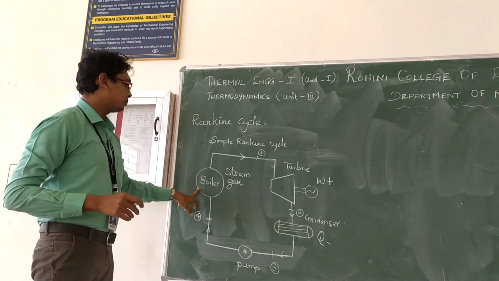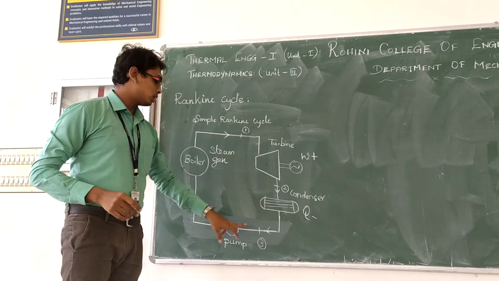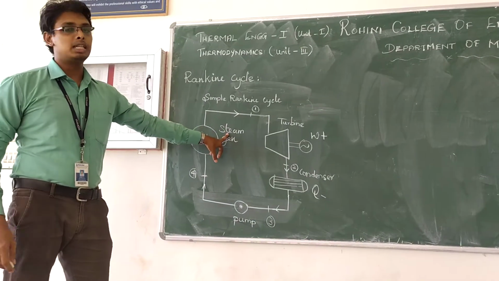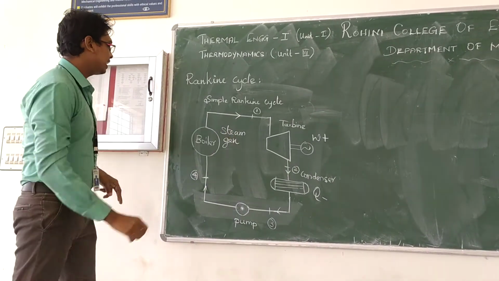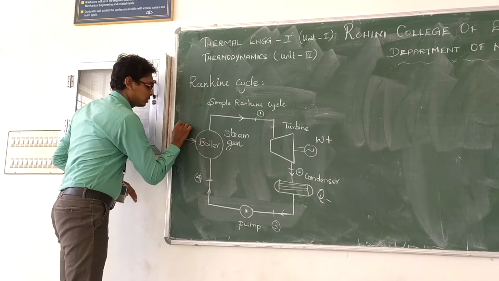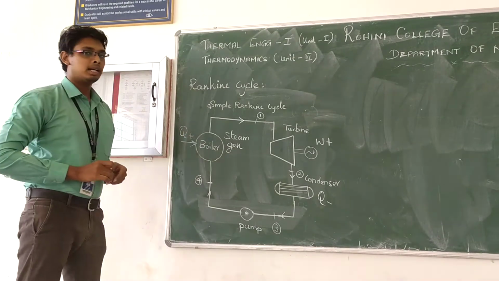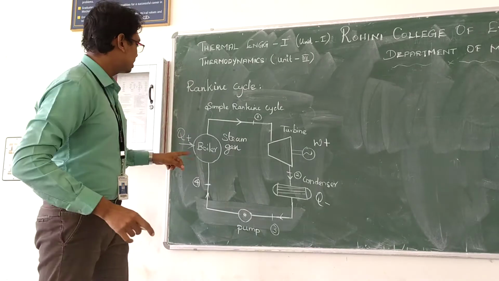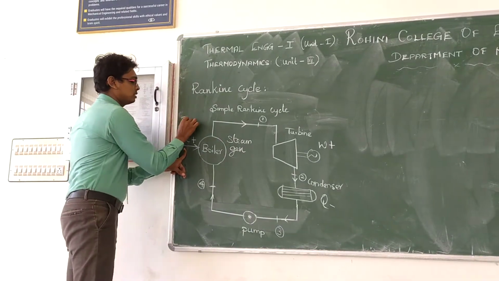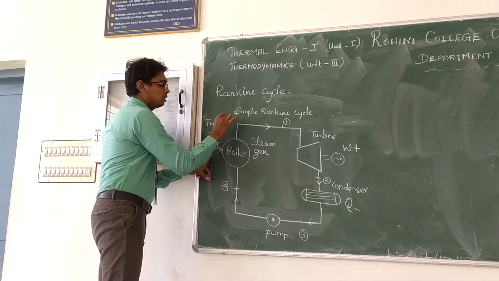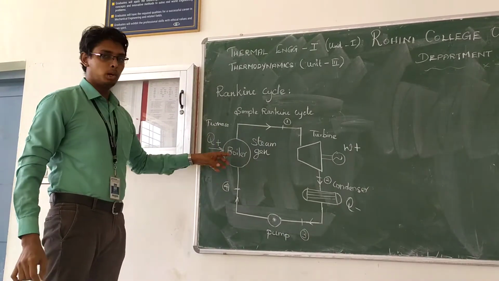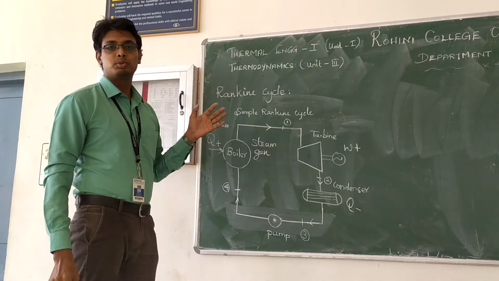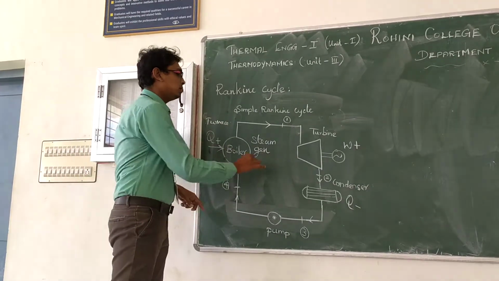One is the boiler, turbine, condenser and pump. Another name for the boiler is steam generator, where the heat is added, because the boiler generates the steam by heat addition, right? The heat is added from the furnace to the boiler. So in a boiler the water is evaporated and becomes steam, and the high pressure steam is sent into